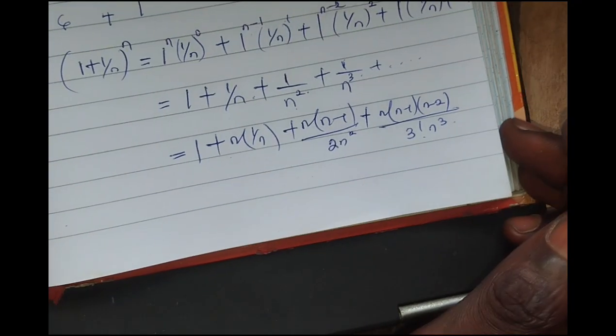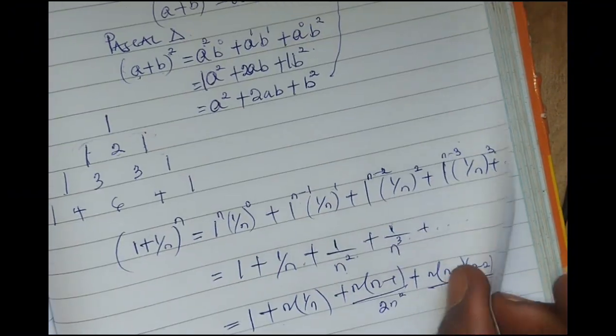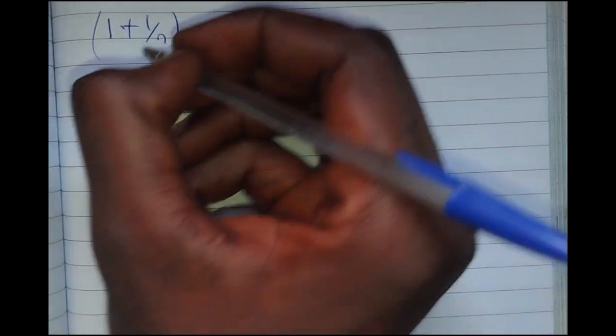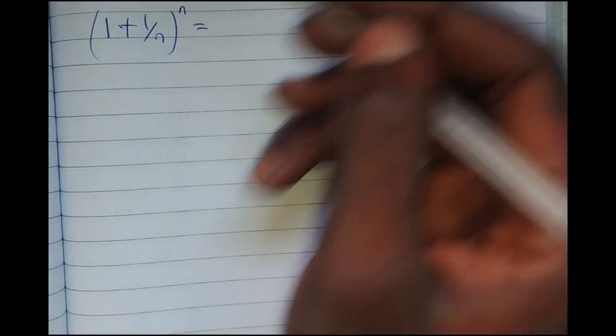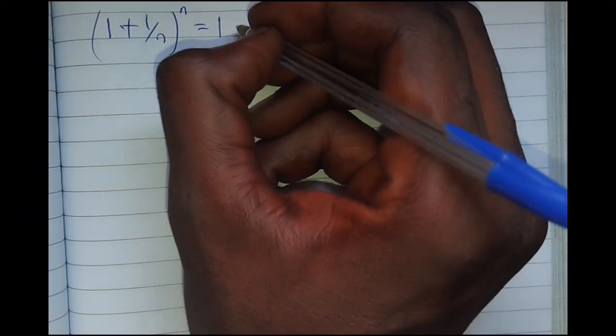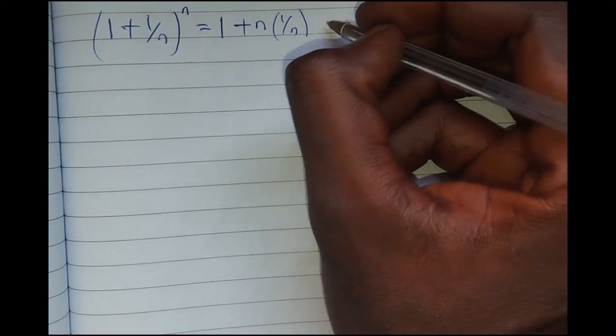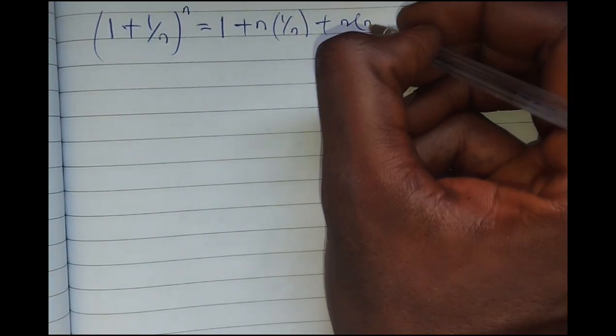Now this pattern will keep on going. On the next page we have (1 + 1/n)^n. Give us what's there? Give us 1 + n·(1/n), and plus n(n − 1)/2! · (1/n^2)